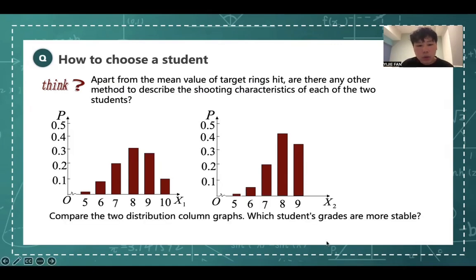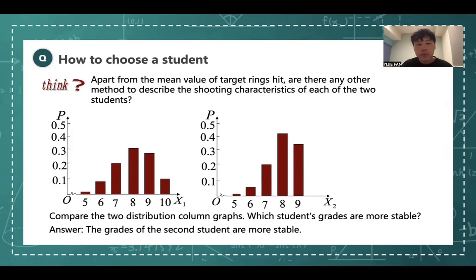So comparing the two distribution column graphs, we can find that the second student is more stable than the first student. So in this example we can find that stability is another characteristic of